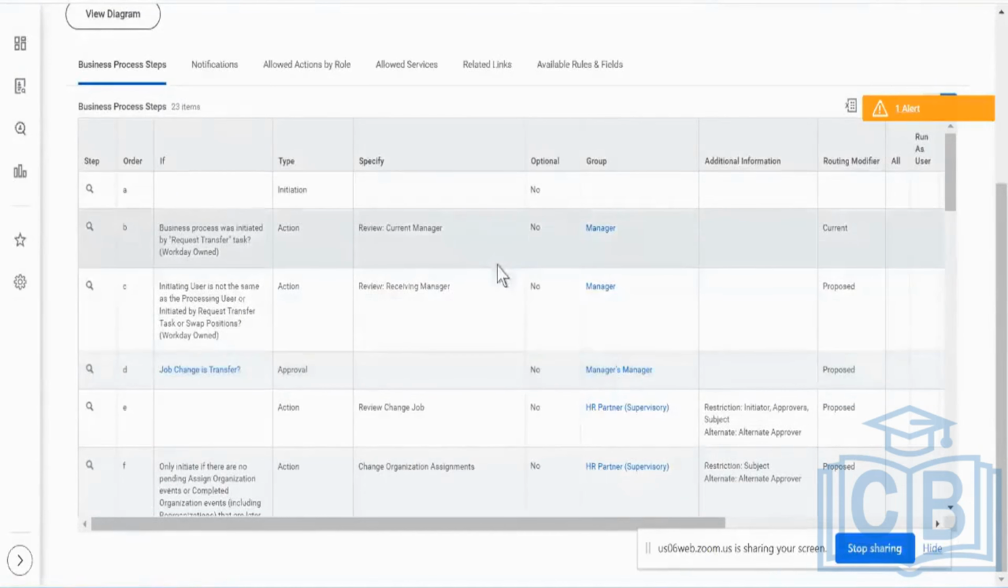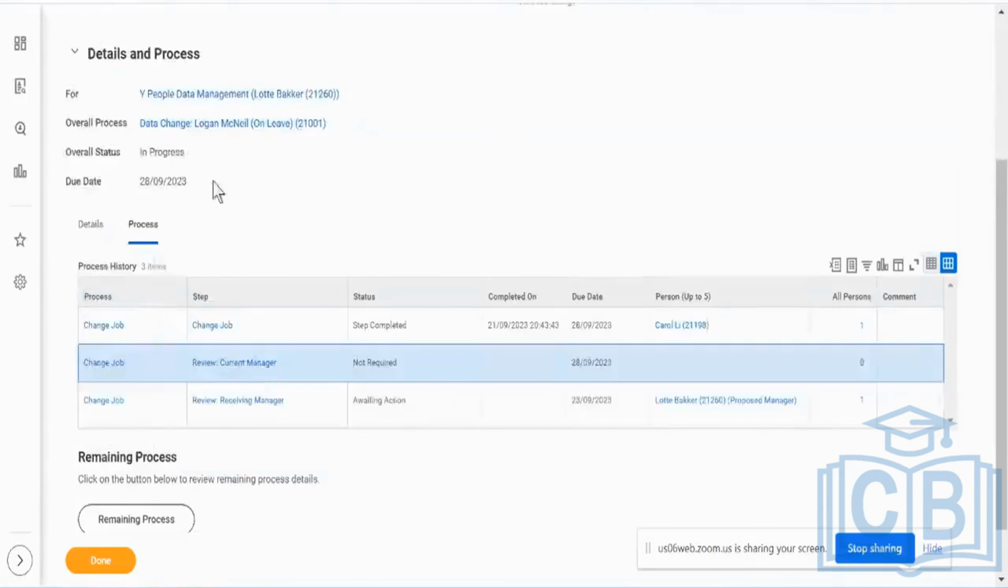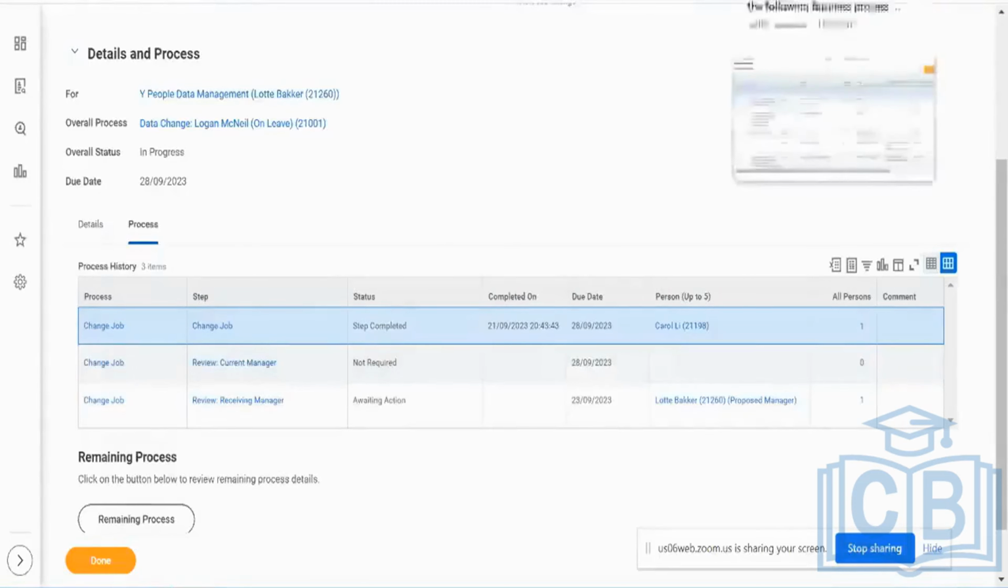So if you see, first, you have initiated the business process. I'm just moving between both these tabs. So first it was initiated by Carol Lee. And I want to ask one question. Why was Carol Lee able